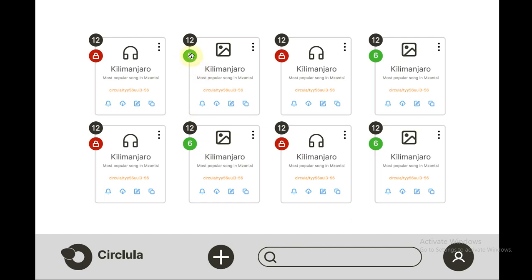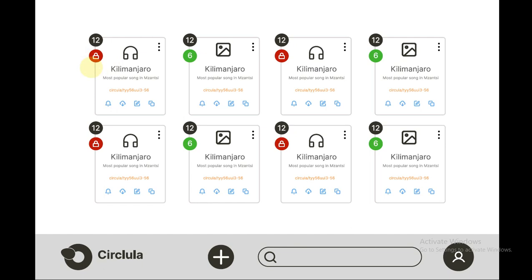So this is the countdown. For instance, as you can see here, we've got 6 days for this file. After 6 days, when somebody visits this link, it will display a different message based on what you want the user to see. Every day it's going to decrease until it's on 0. Then when it reaches 0, it will be locked. That's why you will see this red circle, which means it's locked. So you have control to unlock it and set the days, or to unlock it for an unlimited period, whereby somebody can always come and